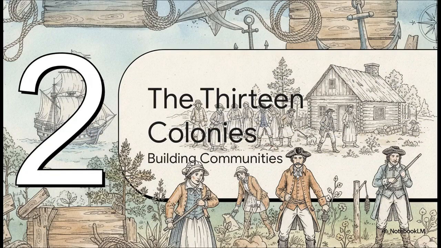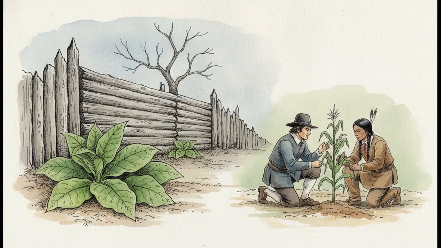Which brings us nicely to our second section, building the 13 colonies. And let me tell you, getting these communities off the ground was a brutal fight for survival. Take Jamestown in 1607. You had inexperienced settlers getting completely decimated by disease and freezing winters during what they called the starving time. They literally only survived by pivoting to tobacco, which was a wildly addictive and super profitable crop